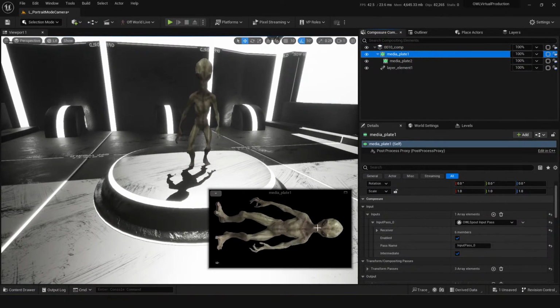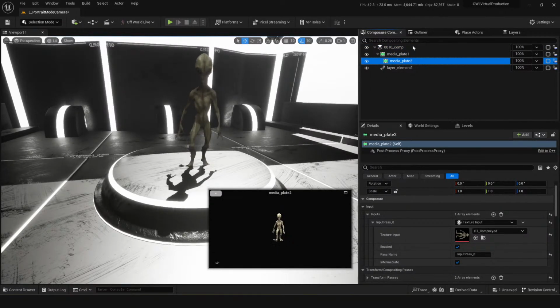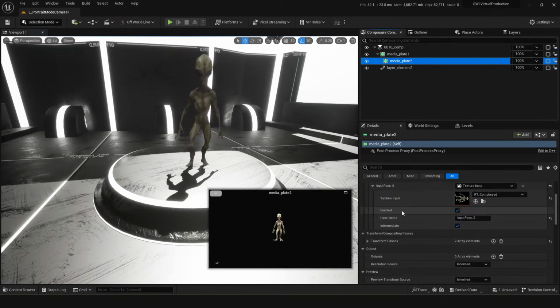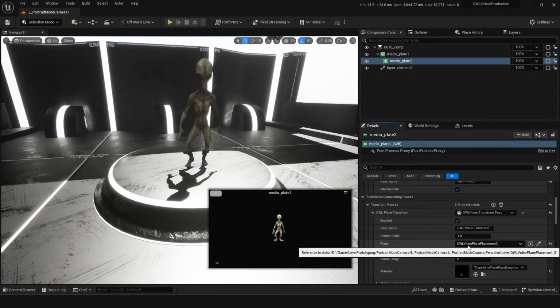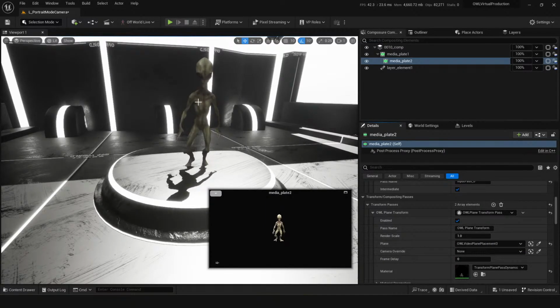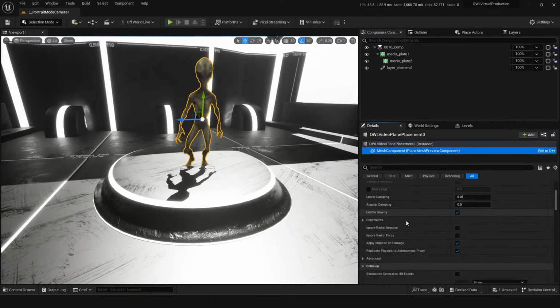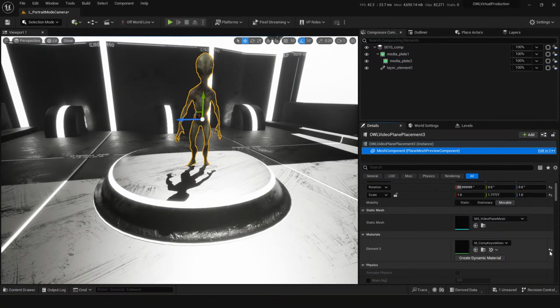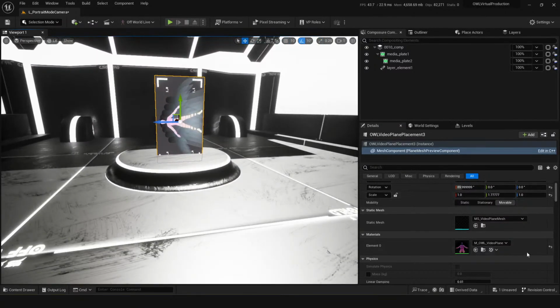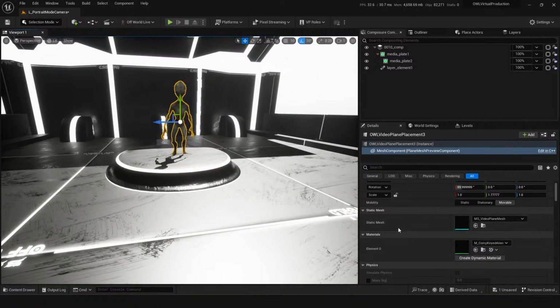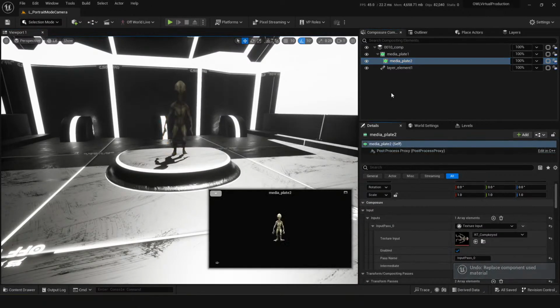And then that same render target is then just going to this second media plate. So I'm getting that render target, and then I've just got the out plane transform, which basically, if we turn this off, this is the out plane transform, but you can just change the material of it. And then obviously that plane is just flipped sideways.